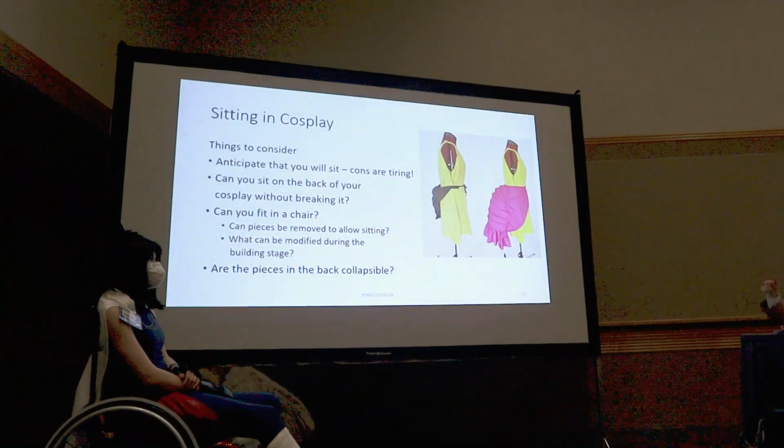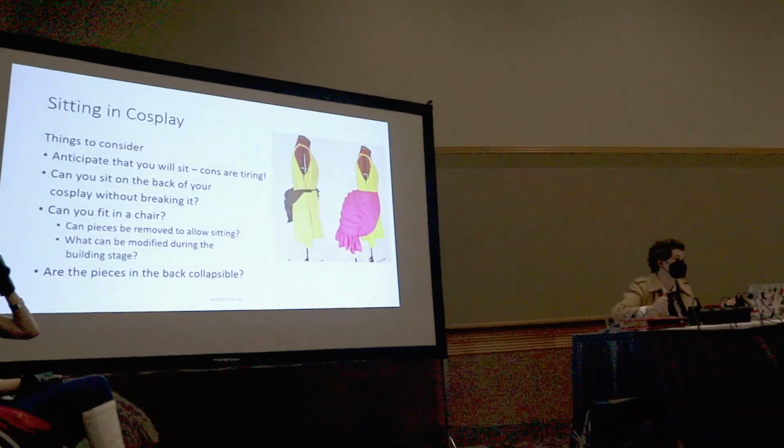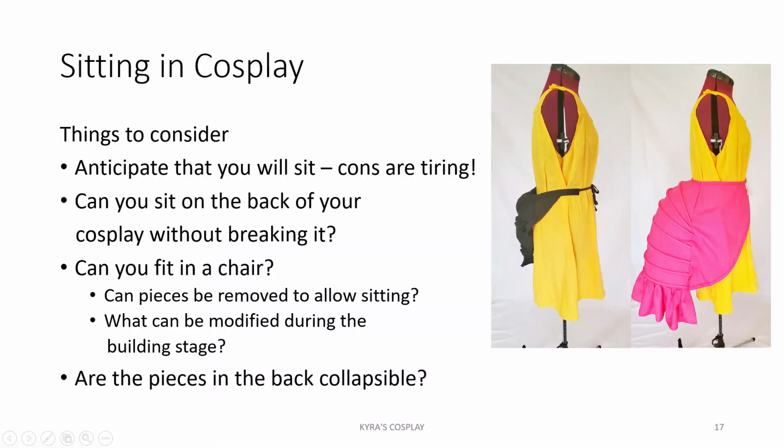So, if you're not like Colleen, and you're not sitting all the time, you have to sit down sometimes, here are some things to consider. Anticipate that you're going to sit, because cons are tiring. Come on, no one's on their feet that long. Can you sit on the back of your cosplay without breaking it? I know that's something that armor people consider all the time, if they've got the foam pieces in the back,